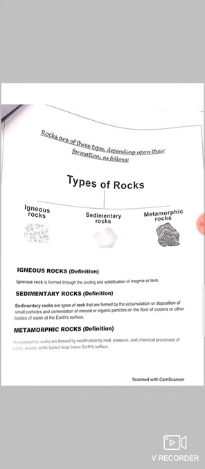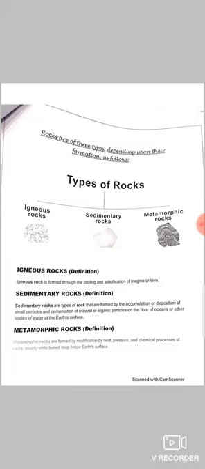The first is igneous rock. Igneous rock is formed through the cooling and solidification of magma or lava. When a volcano erupts, the lava comes out from the volcano, and when it cools down and solidifies, it becomes igneous rock. Sedimentary rocks are types of rocks that are formed by the accumulation or deposition of small